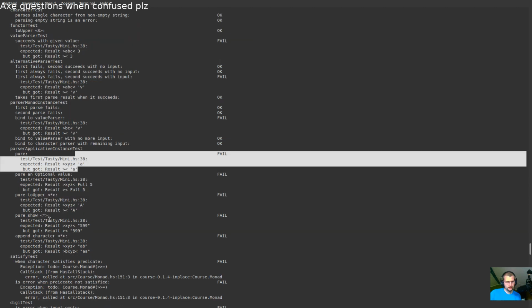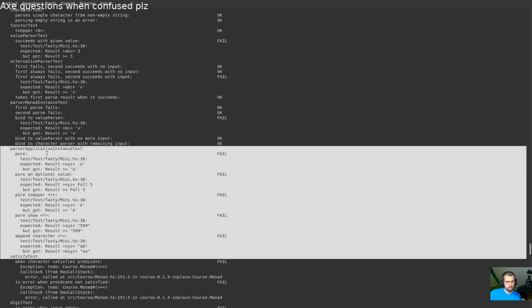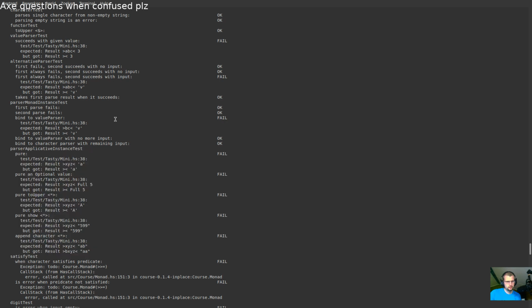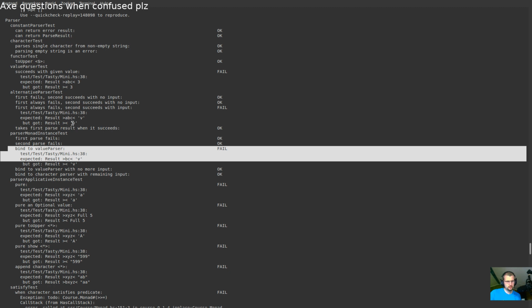Applicative instance is failing. Ah. Find value parser is also failing. So we're having more mistakes actually. Even alternative parser is failing.